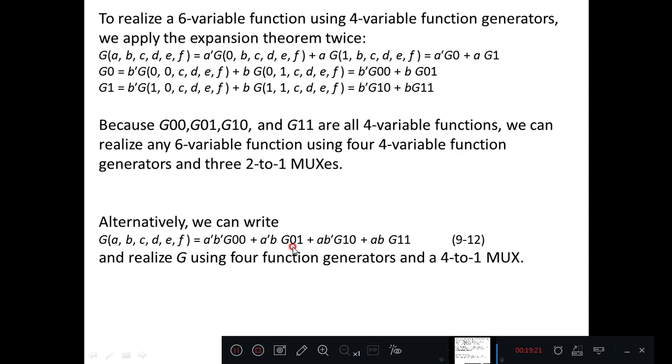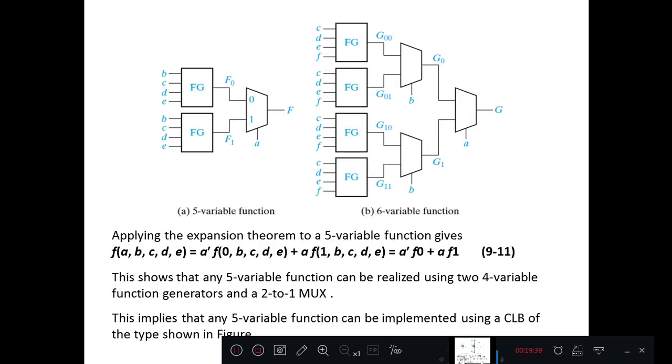If you use a 4:1 mux, 2 inputs are connected as select lines A B. So AB can be 00, 01, 10, 11. So select 4 functions generated by 4 lookup tables, or use this arrangement using 2:1 multiplexers. We require 3 2:1 multiplexers. If you use a 4:1 mux, only one 4:1 mux is sufficient. All 4 outputs G00 to G11 are connected as inputs for the mux, and select lines will be AB. This is how we can